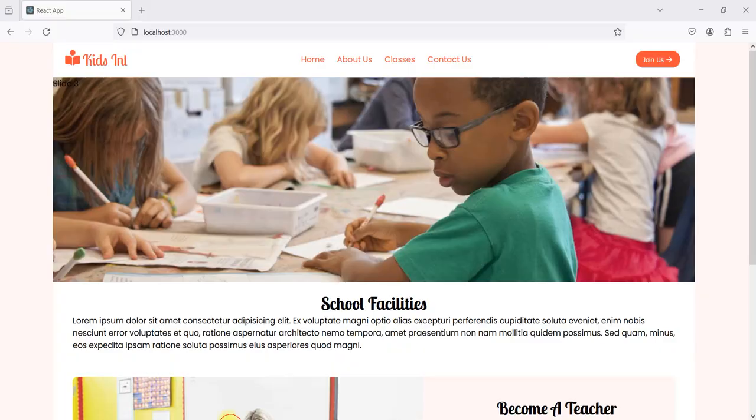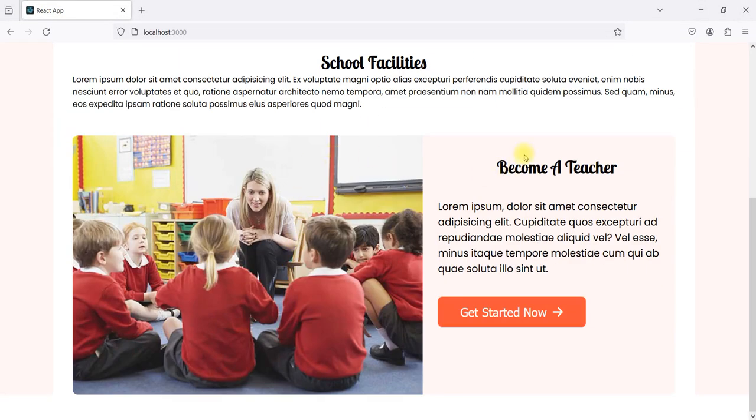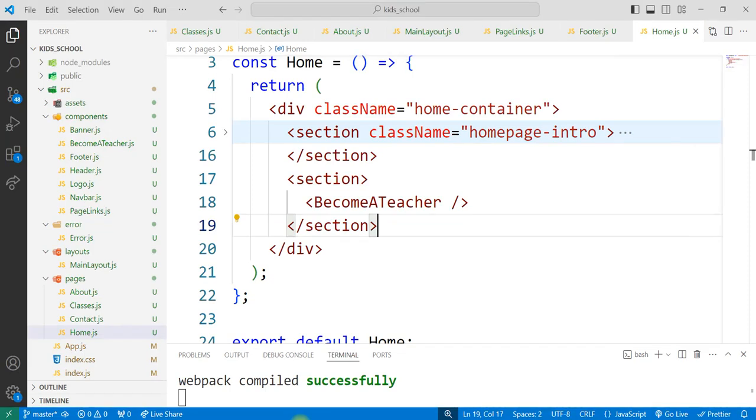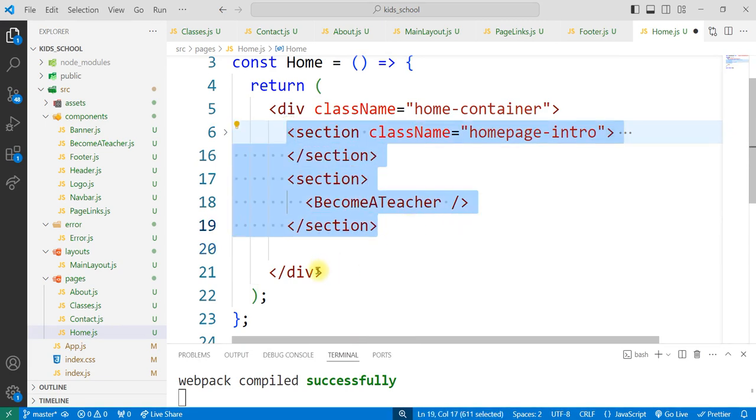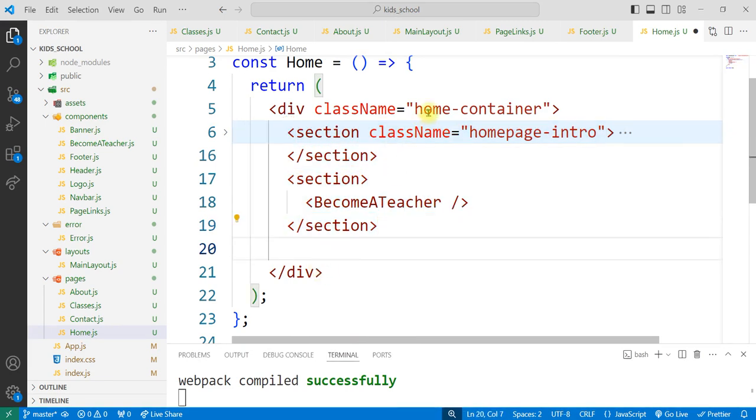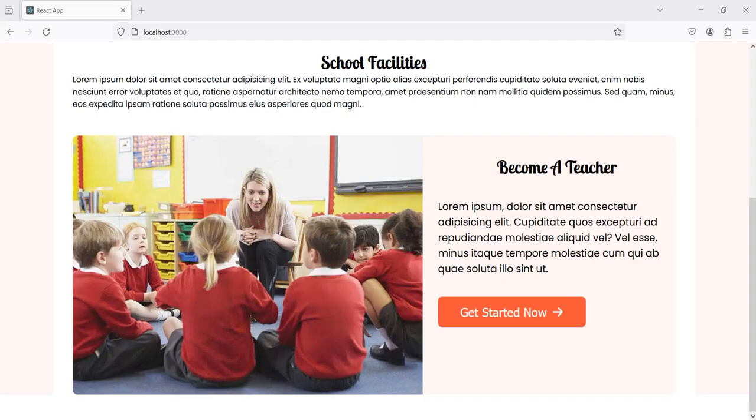we have become a teacher, this section, and below it we have that div. Okay, so the div is the main container housing the whole thing. Now this main home container, we are calling here home container. I want us to change it to main container. Okay, so that you can see we already have